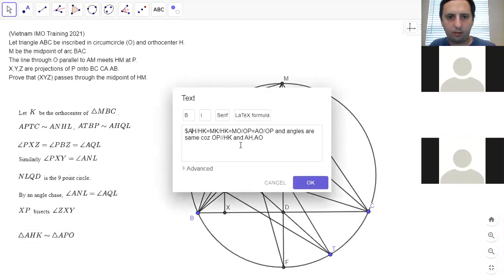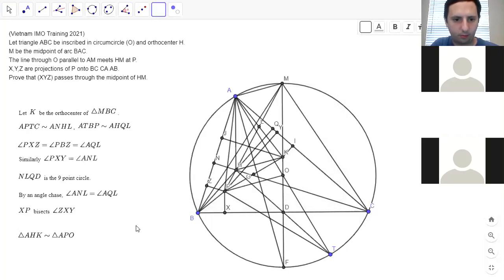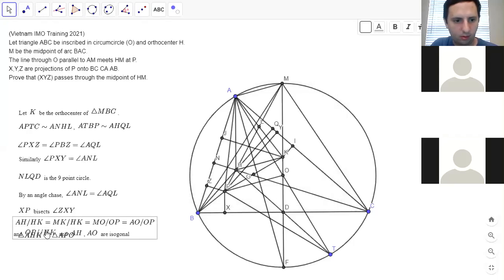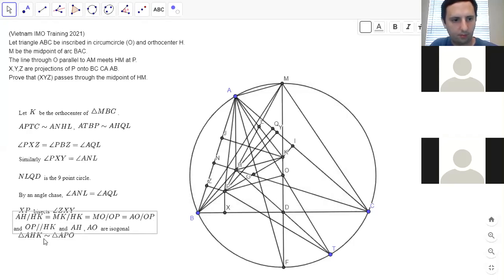So is this kind of the proof? I think this was the idea that he wrote, right? So this proves that AHK is similar to APO. So then